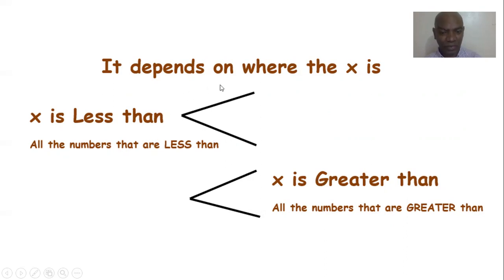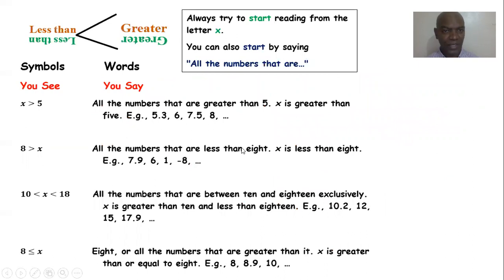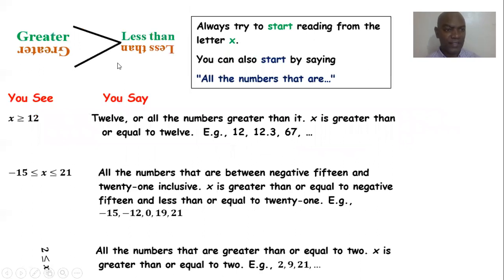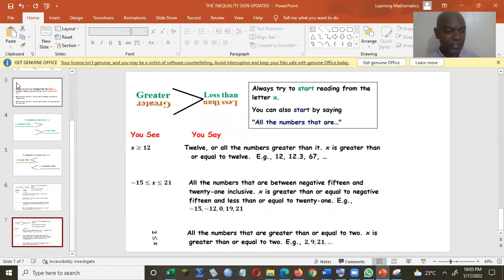So refrain from calling this less than sign or greater than sign. You can call it the inequality sign with a less than part and a greater than part. Again, just a reminder, always try to start reading from the letter X. You can also start by saying all the numbers that are instead of saying X. Here, the inequality sign, again, it is pointing from left to right. Always try to start reading from the letter X. You can also start by saying all the numbers that are, okay? So for example,